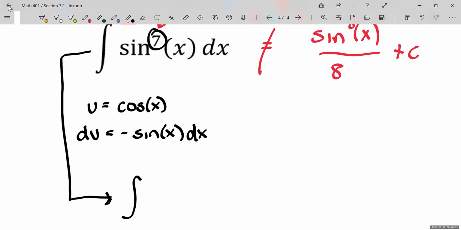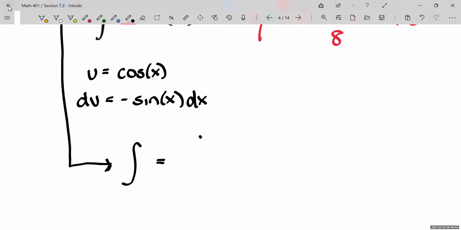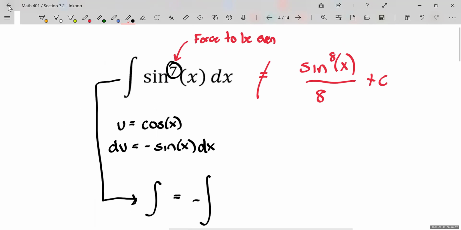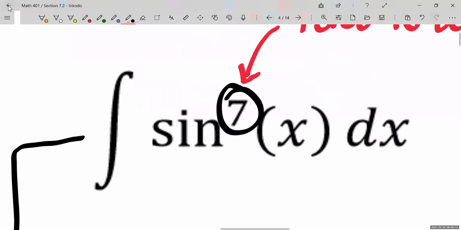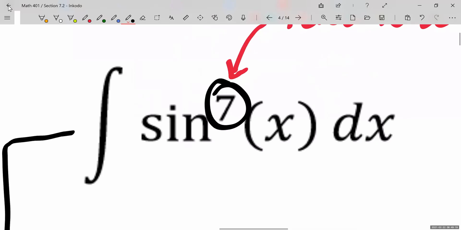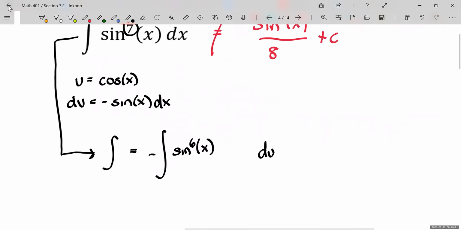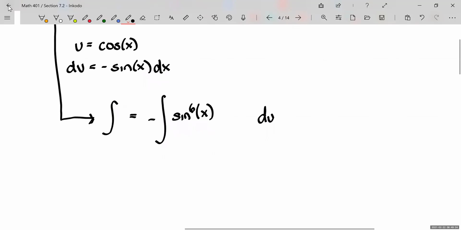If you do that, your integral becomes the integral of, well, dx times sine of x will be traded out for a negative du. I stole 1 power off the sine, so I only have 6 powers left. And there's nothing else in here that I need to substitute in for, right? I've already substituted out the dx for a sine of x du and a negative. And then I'm left with 6 powers of sine, and there's nothing else I need. But you see there's a mixture of variables. How are you going to fix that? Well, remember,